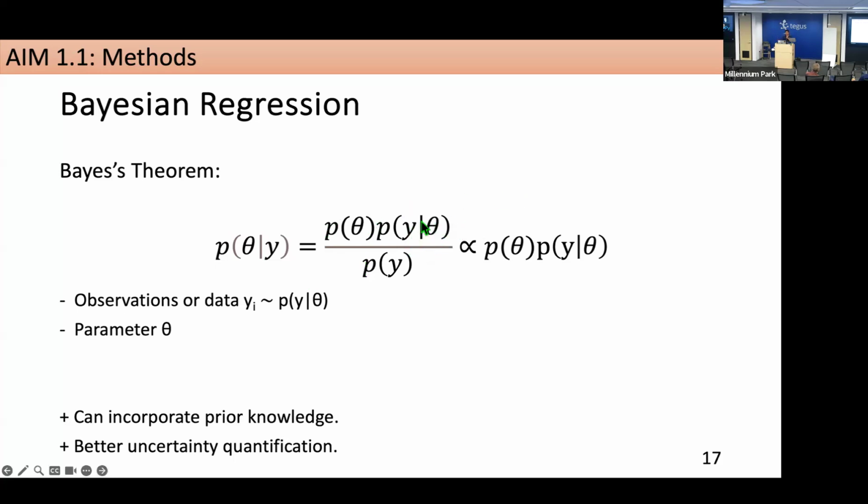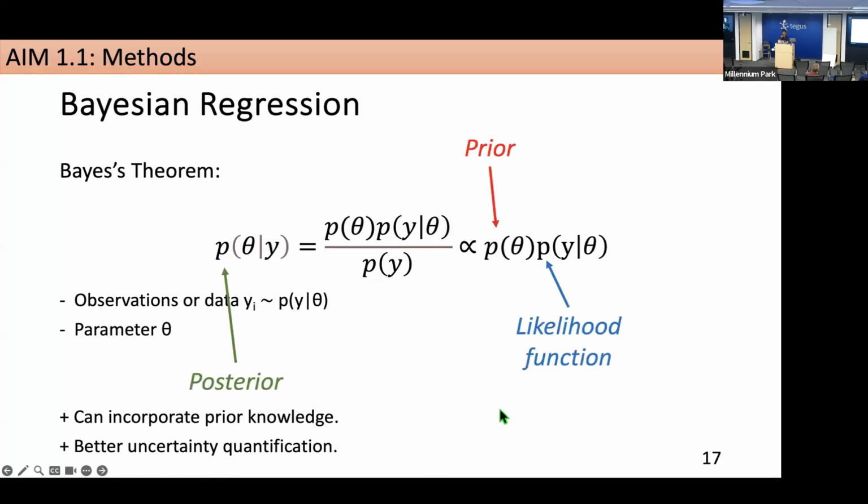And this is the likelihood. What is the probability of observing the data if you had that particular parameter? The likelihood could just be assuming, for example, that there's Gaussian noise. Oh yeah, and this is a proportionality. This doesn't really matter, but we just know the proportionality of a probability of a certain parameter set. And we sample, we do Monte Carlo sampling from this.